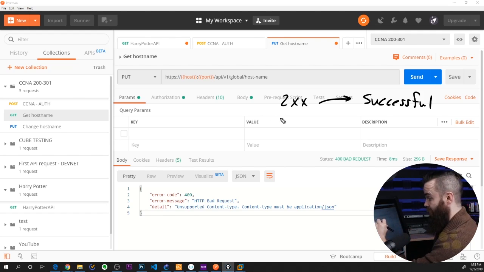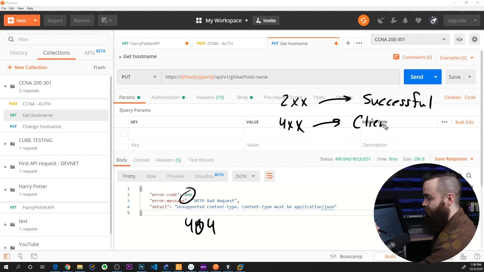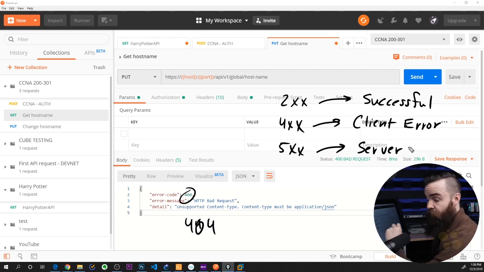When you receive something like 4XX, like we're seeing now, 400 or 404, that's an issue with the client, which means it's an issue with us. Client error. We made a boo-boo, we did something bad, didn't work out. And then 5XX will be a server error. It's not me, it's you. It's this guy, and it's not something you have to fix, it's something they have to fix. But in our case, it's definitely our problem, so we're going to fix it now.